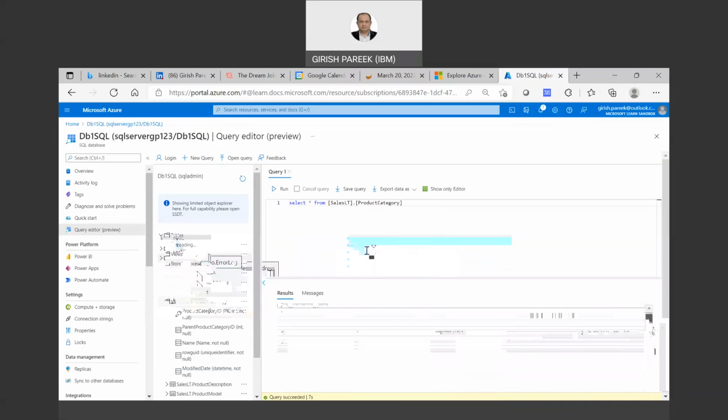Now your query has succeeded, right? So that indicates that your database has been created. Now in case you want your category name, this name is your category name, and